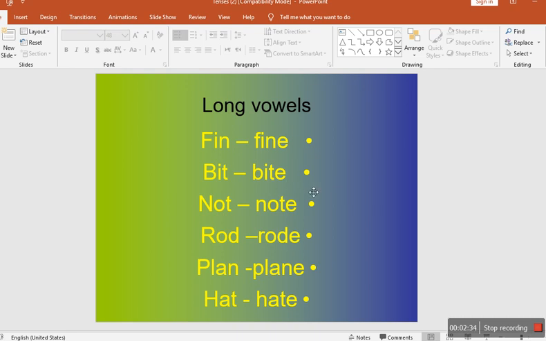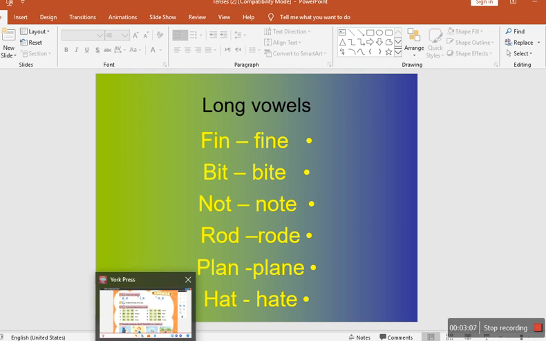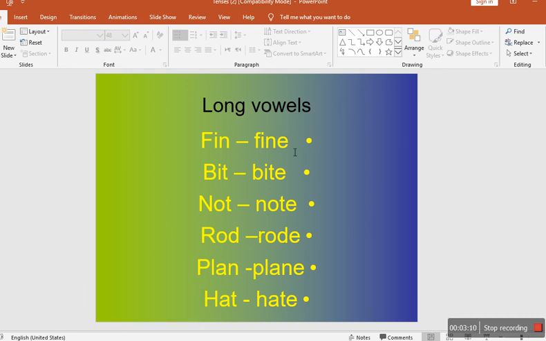And you can apply this rule with the remaining words. So here we have not, and here note. Here we have rod, and here road. Here we have, yeah, that's right, plan. What about this? Plane. This is hat. You all know about hat. And this hate. Hate is the opposite of love or like. So now you know the difference between each couple of words and how the letter E at the end affects the vowel before. And it makes it a long